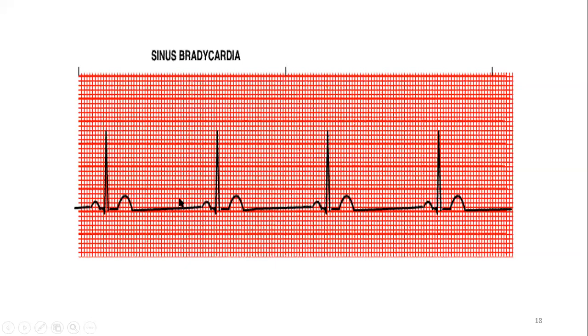But when you now count the rate of this ECG strip, assuming this is a 25 millimeters per second strip, we can use